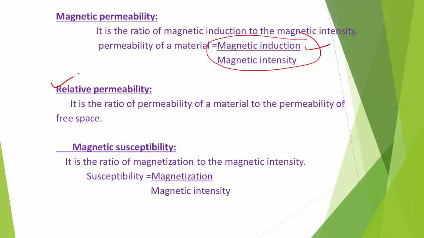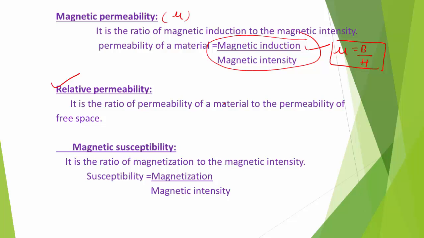And relative permeability. Here the magnetic permeability is mathematically denoted by the symbol mu. Mu is equal to magnetic induction B divided by magnetic intensity H. Mu is equal to B divided by H. And the magnetic permeability is a scalar quantity, and the SI unit of the magnetic permeability is Tesla meter